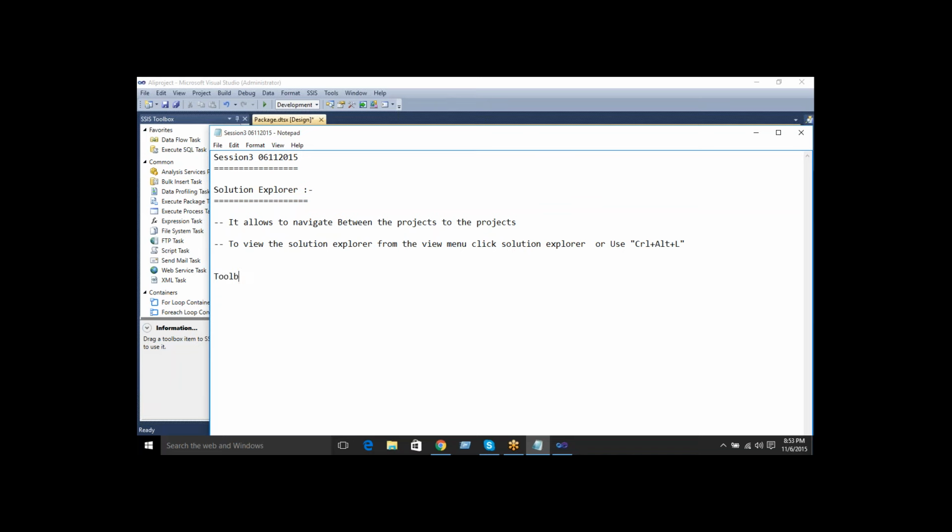Next one is Toolbox. It contains the items that can be placed in a package. Some spelling mistakes are there. No problem, that is fine, because of speed typing. Placed in a package. So it contains...